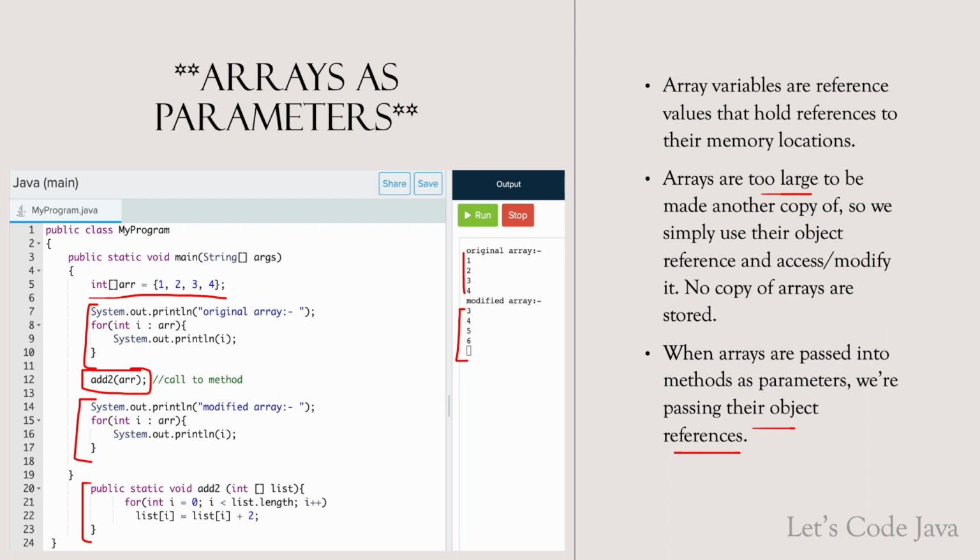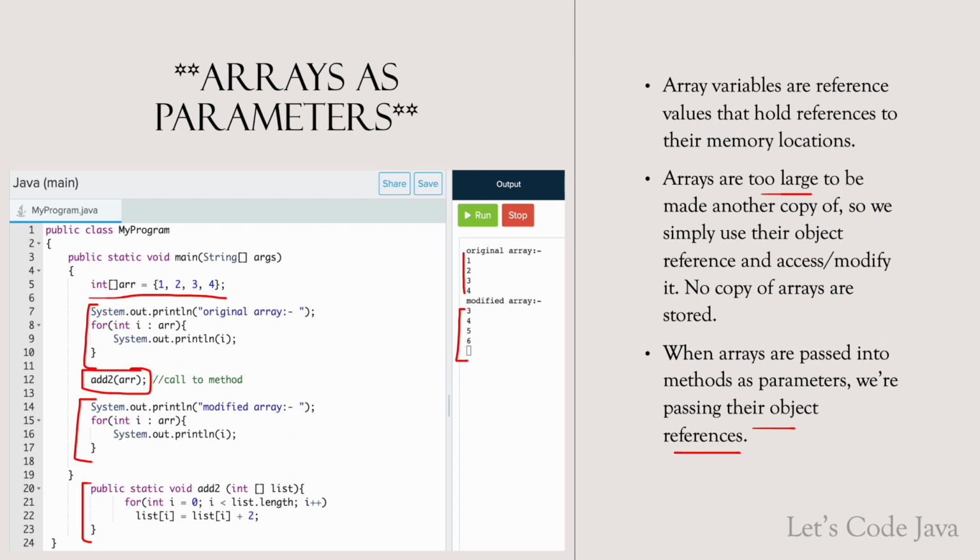However, arrays are objects, and so they hold a reference to the object's memory location. And so when you pass in an array as the parameter, the method actually ends up modifying the array itself,